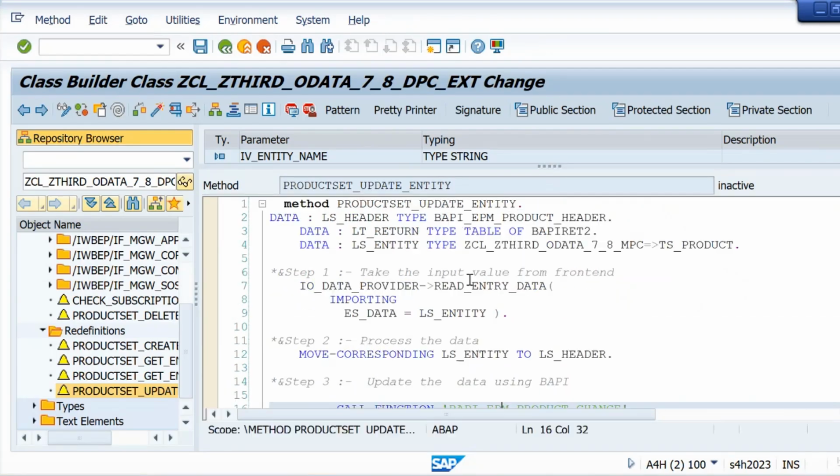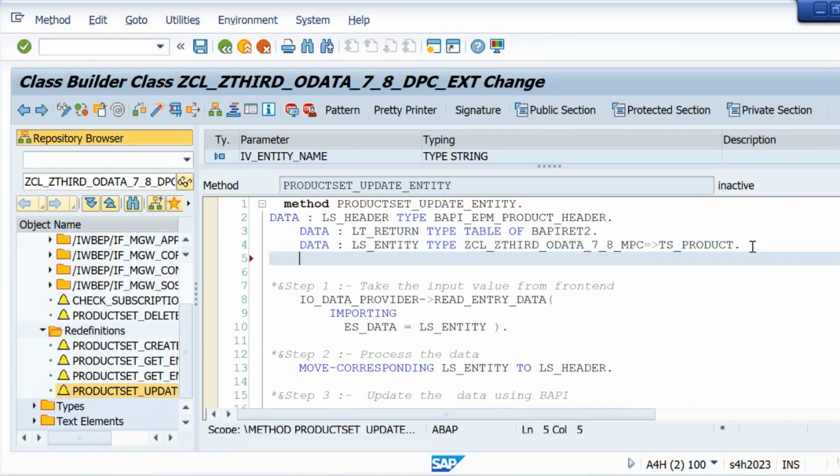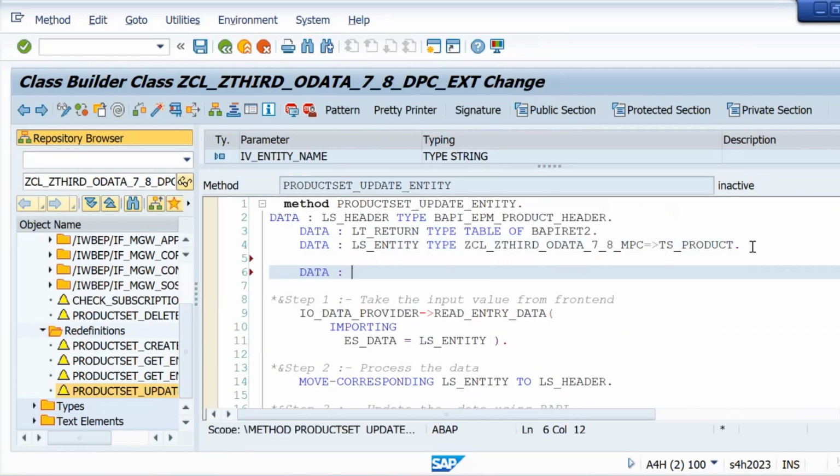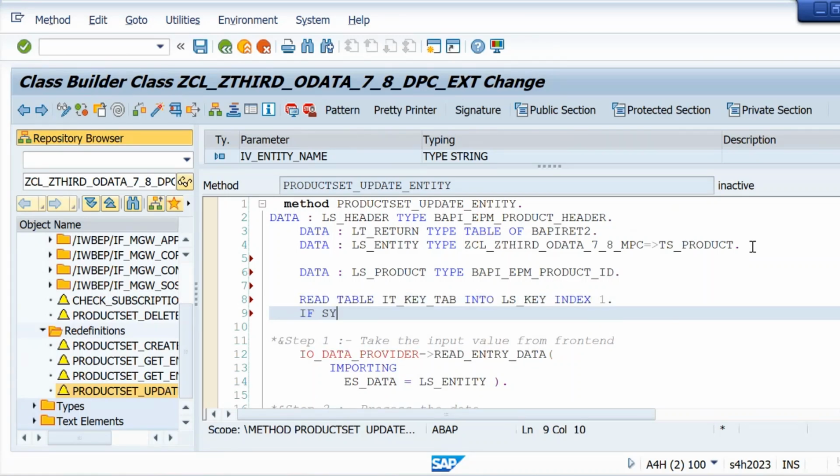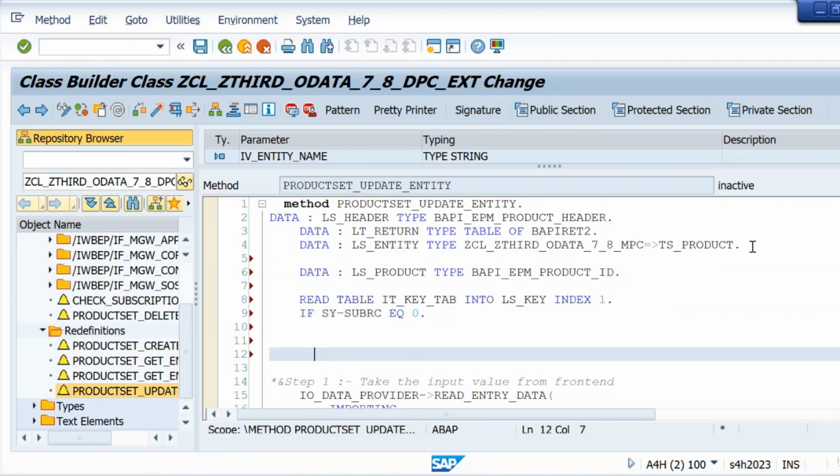So I will receive it, the primary key, ls product type product ID. We will read our IT key tab, which is going to return your primary key. So read table IT key tab into ls key, index 1. And if sy-subrc is equal to 0, and if